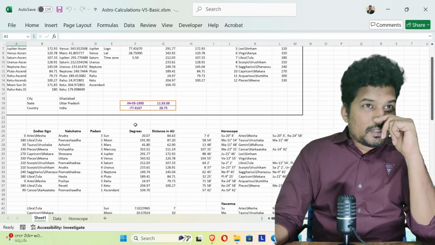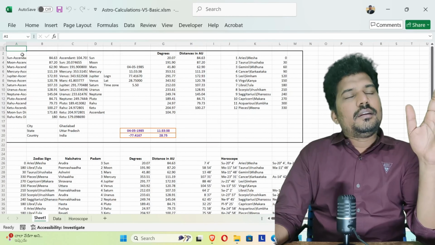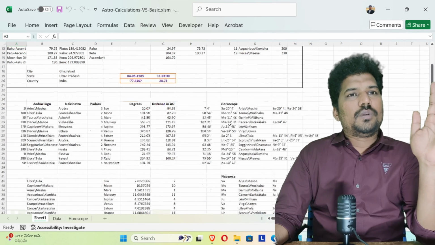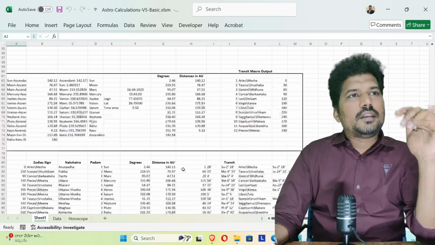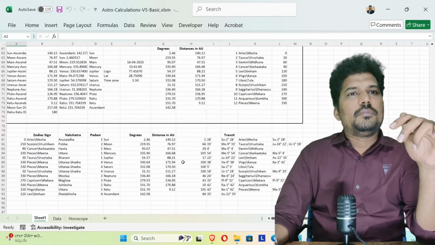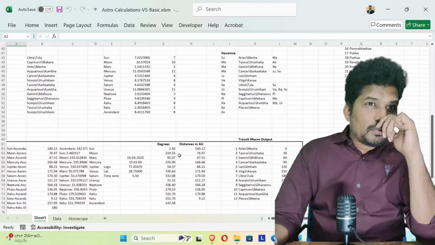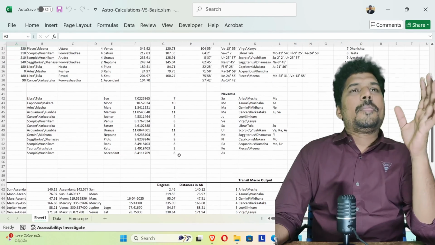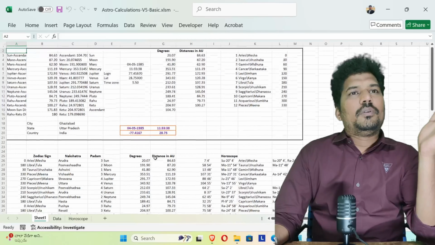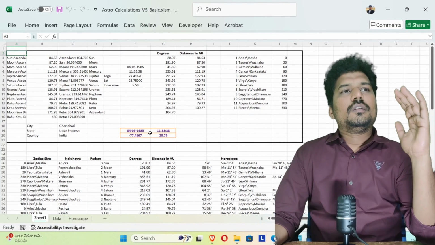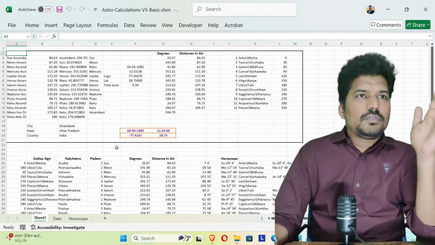Boxes are directly interacted with by the VBA program. Whatever is in the box is directly interacted with by the VBA program, and the things outside the VBA box are updated with the help of formulas. So that's what I wanted to explain.